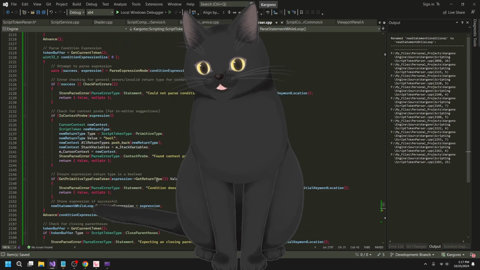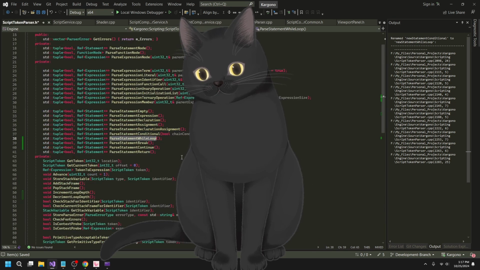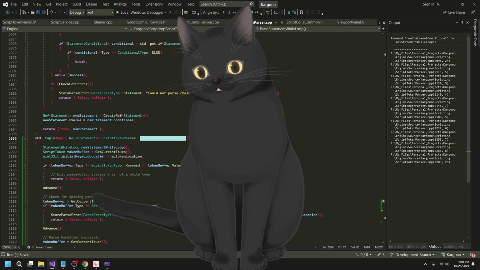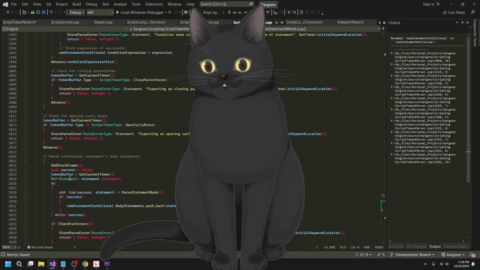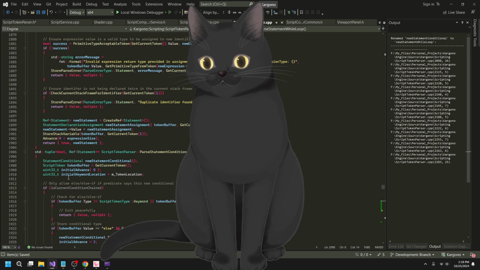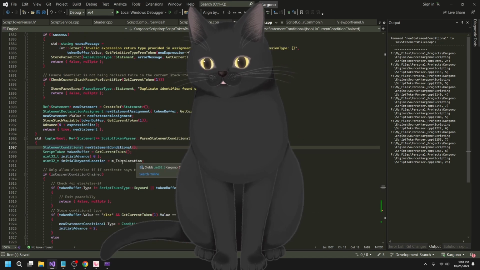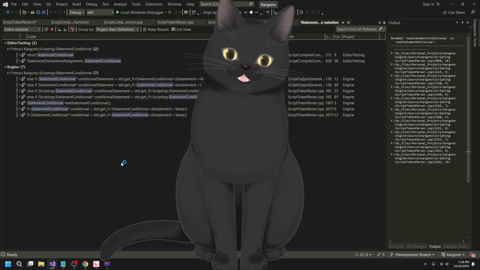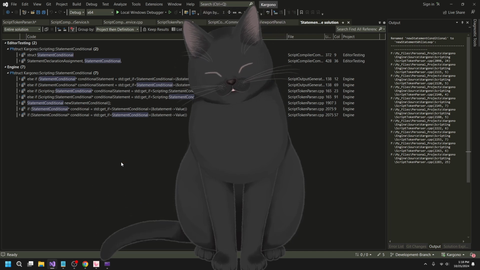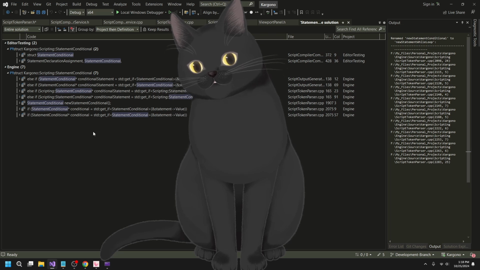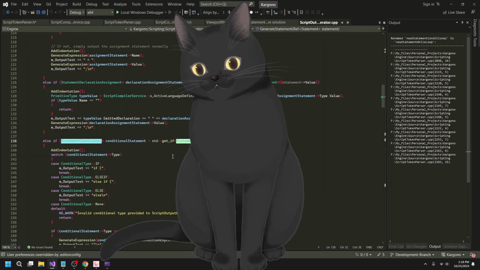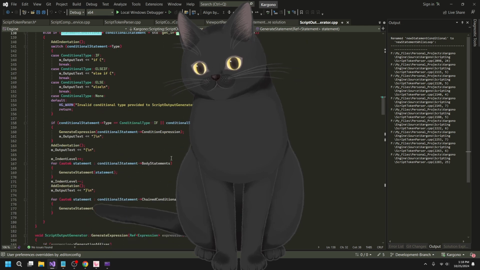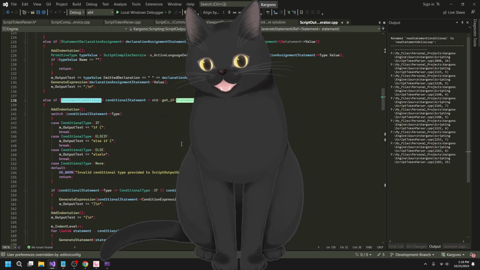So a few other things. Let me just check real quick. First thing I'm gonna do is see where else I use this thing, to make sure I didn't forget something. As far as I can think of off the top of my head, the only other things I need to do are maybe add it to the pretty printing, and then add it to the output. That's all I can think of. So, yeah, here's the pretty printing. I think. Is this the pretty printing? No. This is the C++ output.